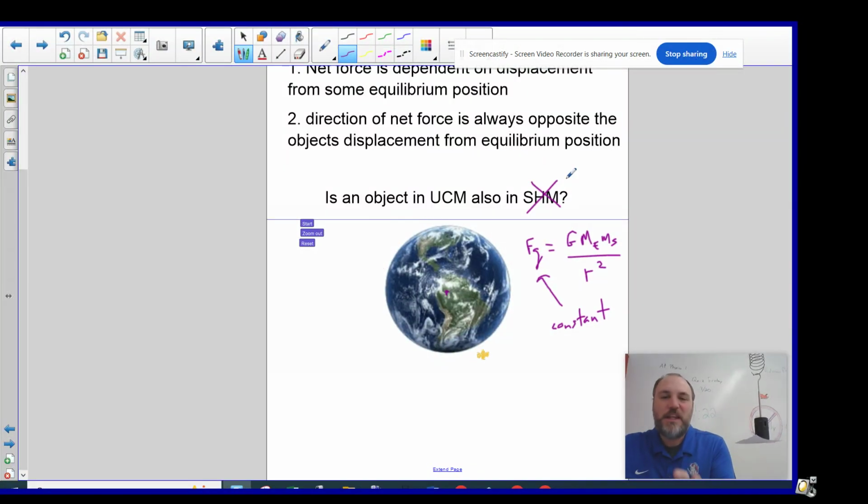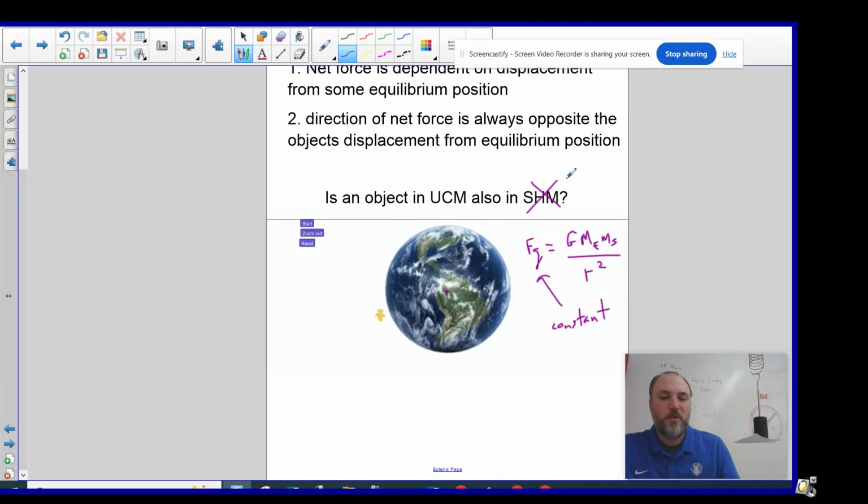But there's something really interesting about uniform circular motion and its relationship to simple harmonic motion. They're very closely related, even though they're not the same thing. Because if you imagine an object in uniform circular motion and you tried to describe just one component of the motion, so instead of looking at it moving in two dimensions, if you tried to describe just the horizontal motion,